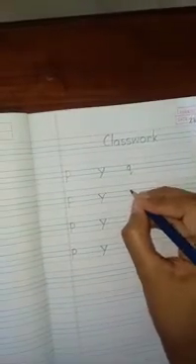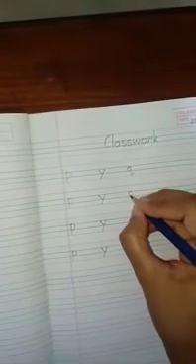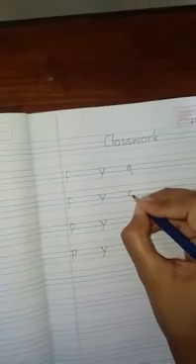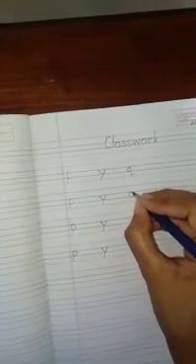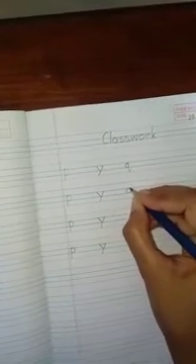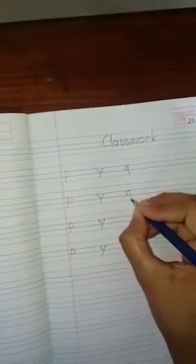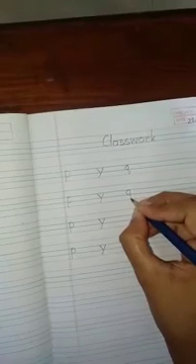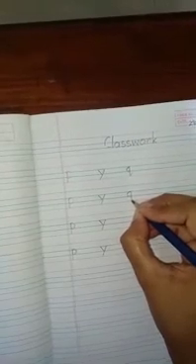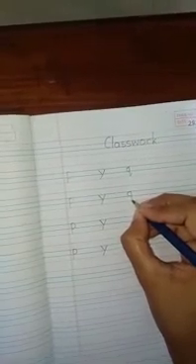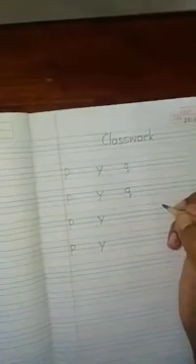Let us write the letter Q again on the next line. Draw a curved line touching the lower blue line. Go upwards, touch the blue line and then come downwards with a standing line to the lower red line and then make a hooked tail like this.